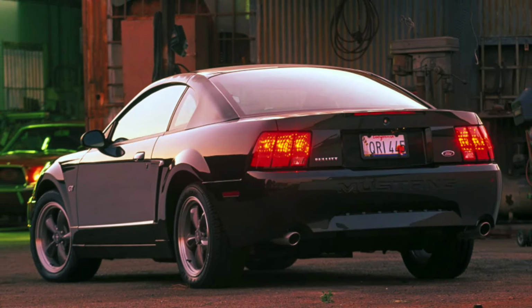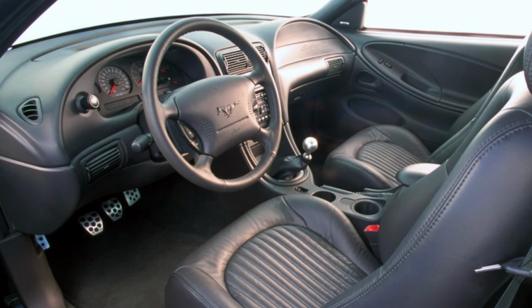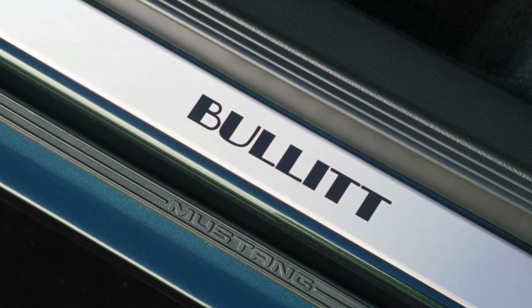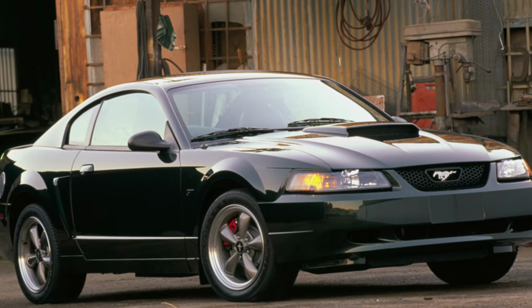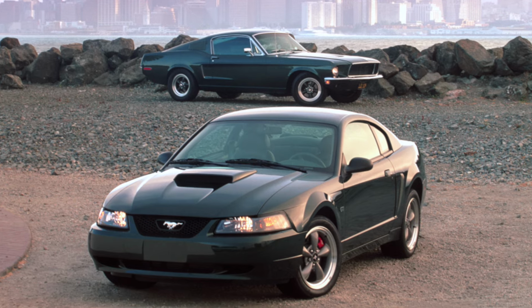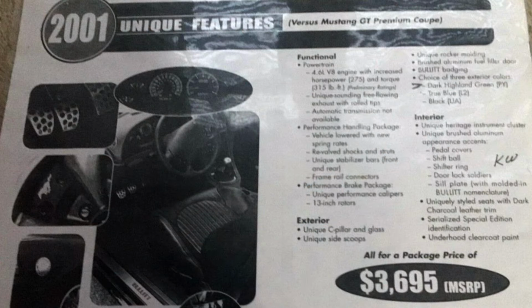There were unique wheels, a free-flowing exhaust with rolled tips, the performance handling package, a performance brake package with 13-inch front rotors and red-colored calipers, Bullitt badging, and a brushed aluminum fuel door. Each Bullitt was factory serialized to identify each 2001 as a limited edition model. There were a total of 5,582 Bullitts sold, and they were available in 3 colors: dark Highland green, black, and